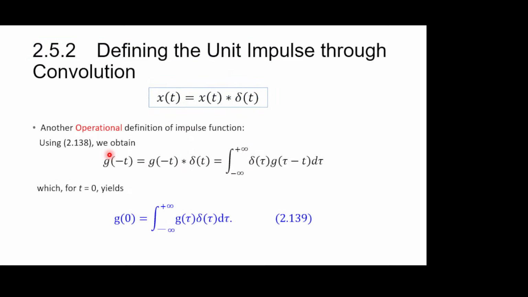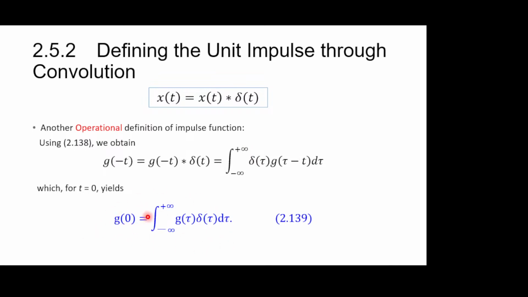Okay. And you can also have other operational definitions with this. Let's skip the derivation here. You have this thing, then you can do a derivation: you define some arbitrary function g of t, then you see g of minus t equals g of minus t convolved with delta of t, and you write out the convolution. Then you find out that